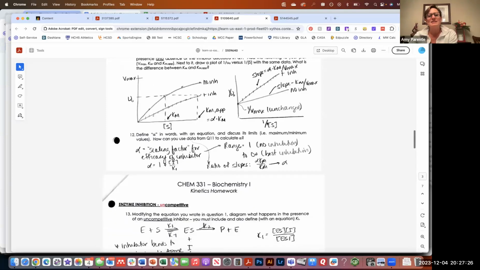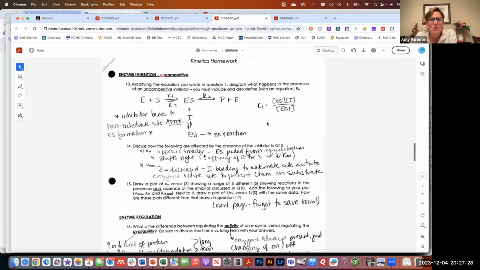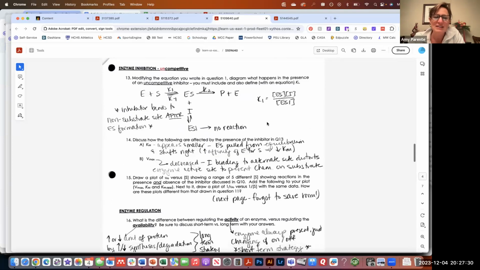Okay, so that's competitive inhibition. Noting how uncompetitive inhibition is different. Again, we're going to have inhibitor bind to now the enzyme substrate complex. So this is a little bit harder to think about conceptually because it does not affect the ability of the enzyme to bind substrate. If anything, it makes the substrate bind enzyme more tightly. In that case, Km decreases. Okay, Vmax is also going to decrease because we've handicapped our enzyme.